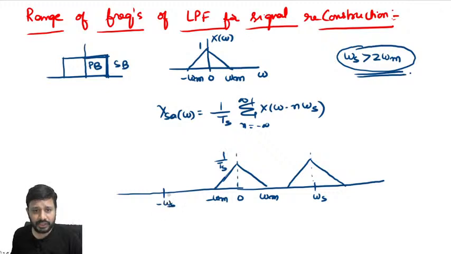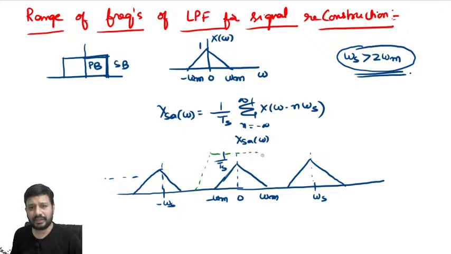Now what happens if I substitute n is equal to minus 1? This kind of periodical repetition we are going to get. Already we have seen this. From this periodical repetition, we can get our original message signal back by passing it through a low pass filter. Look at this green dotted line, which indicates the low pass filter characteristics, where this is omega s plus omega m, this is omega s minus omega m, where the cutoff frequency omega c